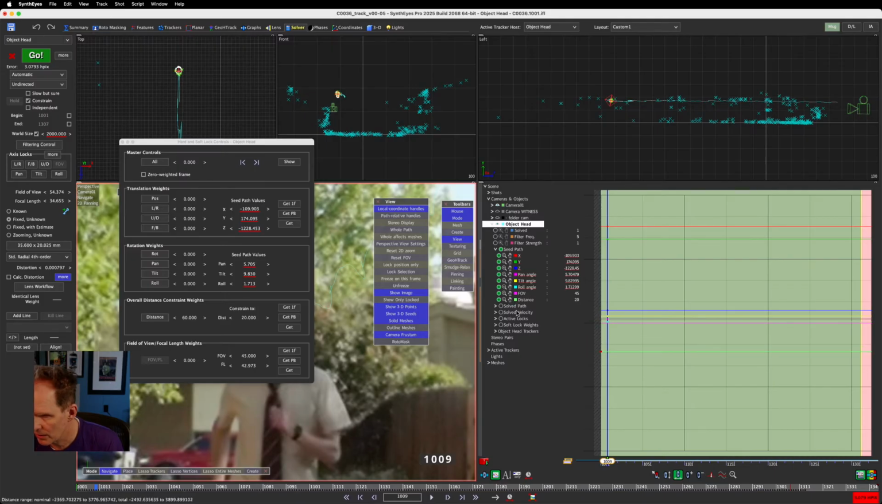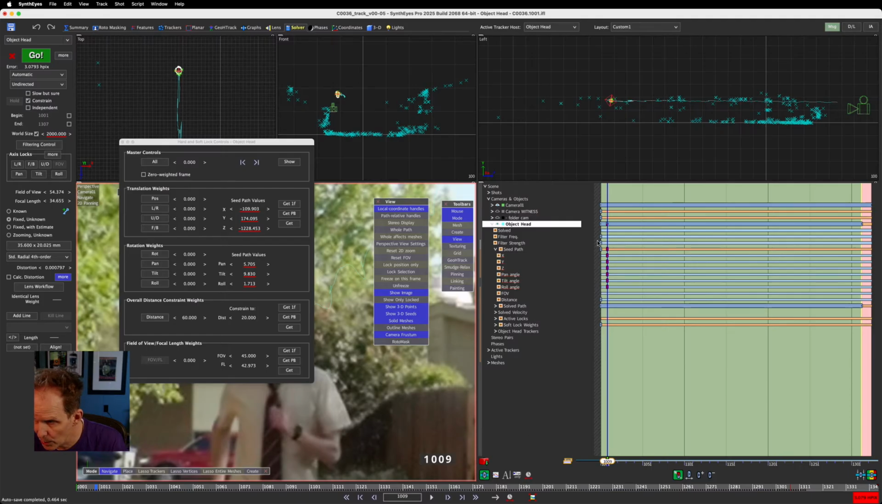Let's move the distance down. So you see the distance graph also has a keyframe on it, but I can't delete that. That's independent. We'll talk about it in a second, but I'm going to grab all of these vertices. This might be easier to do in tracks mode, and you can grab the X, Y, Z, pan, tilt, roll, field of view